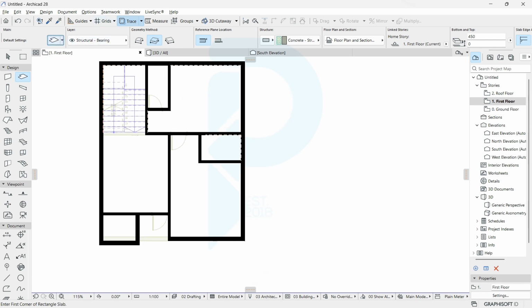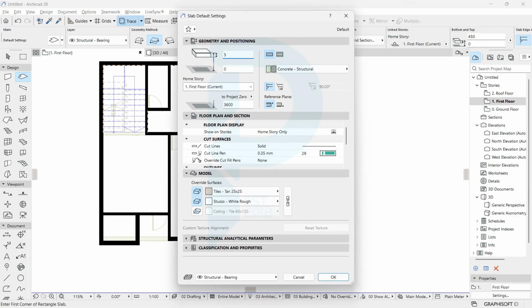I'm going to go back to my setting, but this time I'm working with 150 slab thickness. I'm going to check this box, so the ceiling material is going to show. And then I'm going to now change the reference plane to bottom. The reason I'm doing this is because, just look at the annotation here, you will understand it